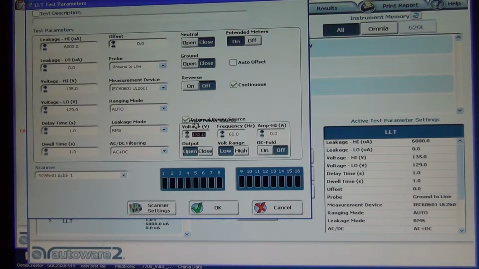And I set the internal power source on the device to 132 so that it can run the product at that voltage. I set my voltage low limit to 129 just to make sure that my source is working properly. If it happens to dip below that, I'll get an error message. I've set my delay and my dwell time both to 1 second, we'll keep it short,